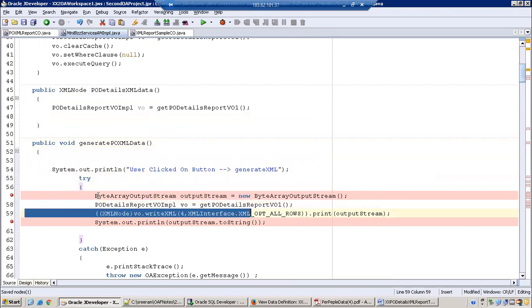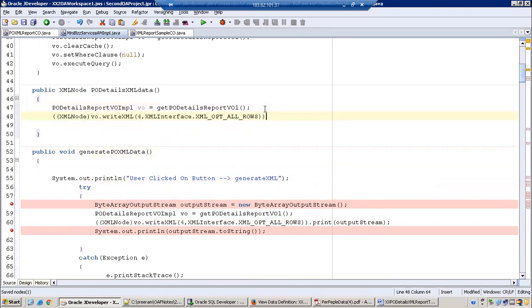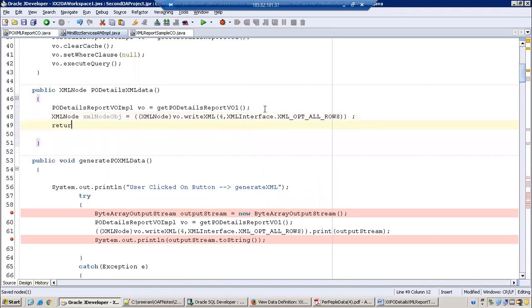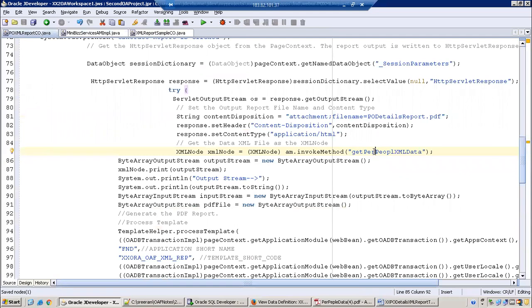Instead of writing the output to the stream, what we do is return the XML node object. So this particular PO details XML data, I'll just mention here: you need to have a method which will generate XML data.